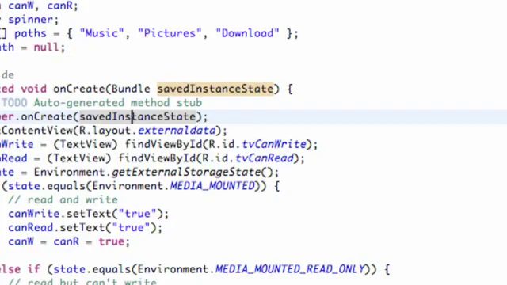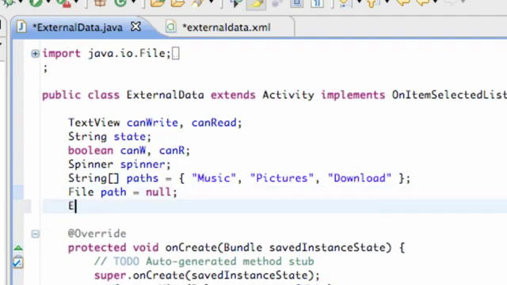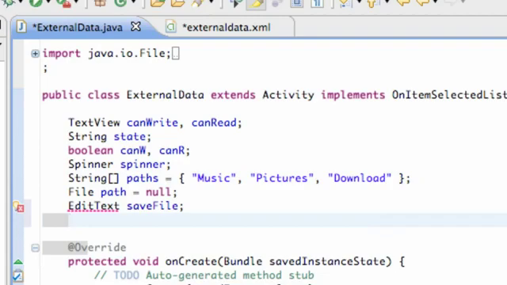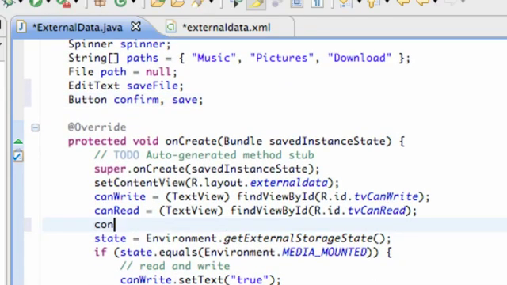So now let's go over to our external data Java file and set up some of those references. Let's make everything accessible here for the whole class. We have our edit text, which is save file, and 2 buttons, confirm and save. Just import both of those, and let's set up our references now. Our confirm